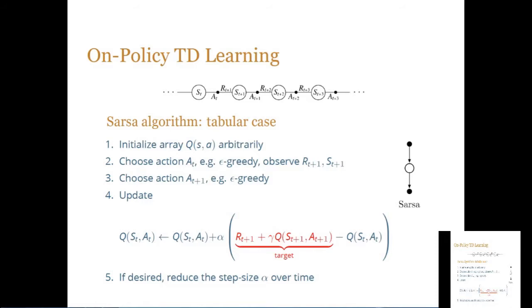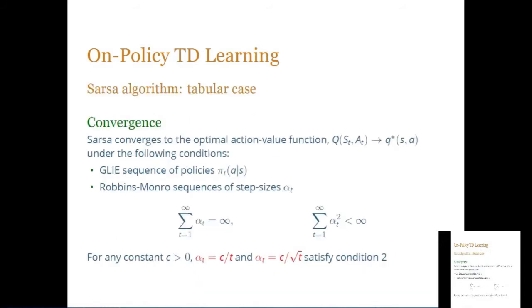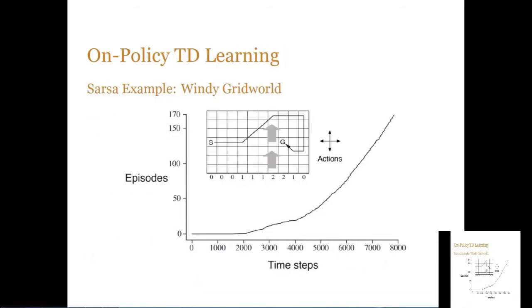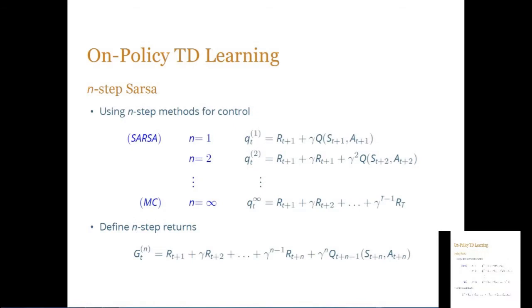Instead of considering only our estimate of the next state, which can be very biased in the beginning, we can consider our estimates 2 steps ahead. And this is the idea underlying n-step SARSA. So this is a global picture of how we can interpolate between Monte Carlo control, in which we use a whole trace, a whole trajectory to perform our updates, or the SARSA that you saw before, where we